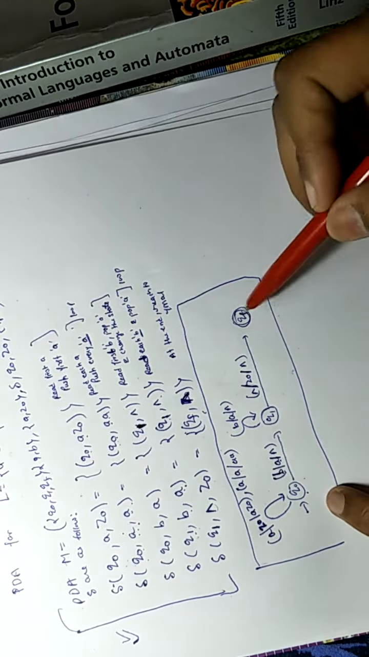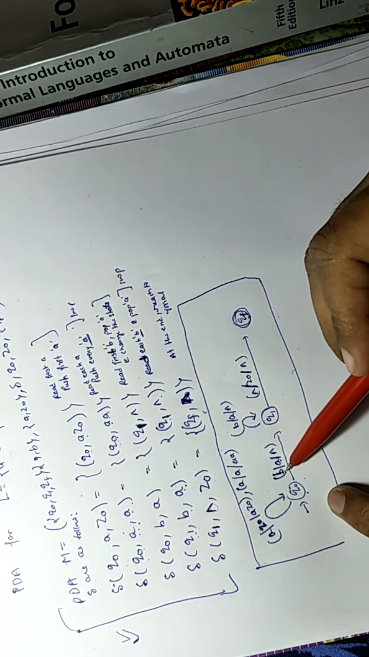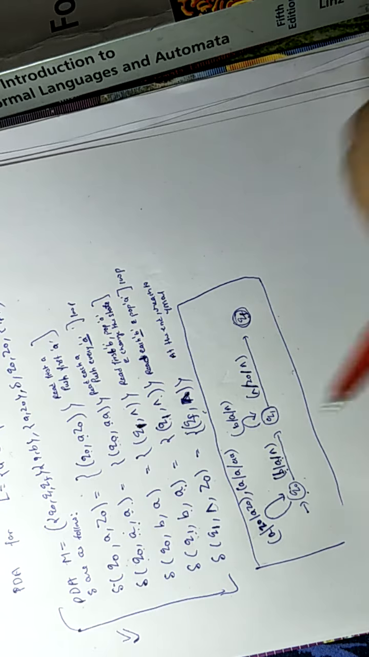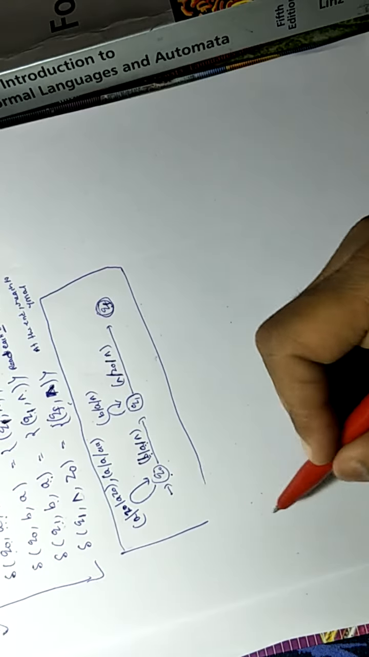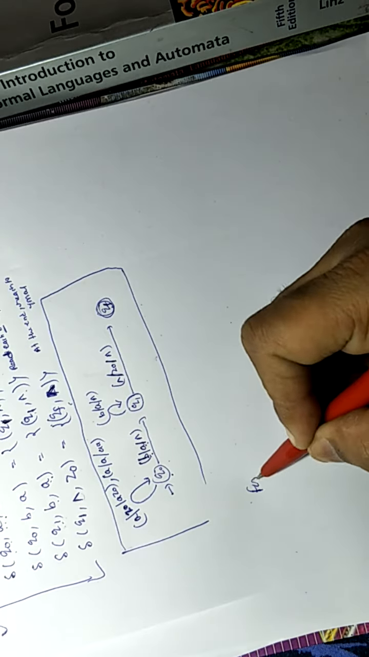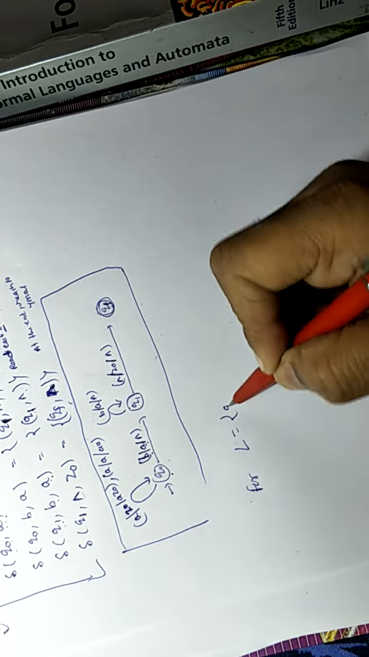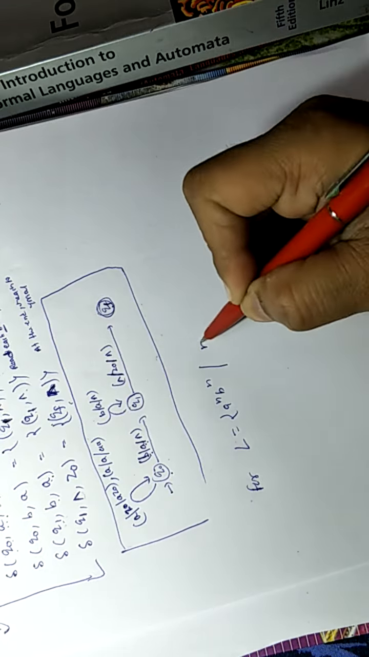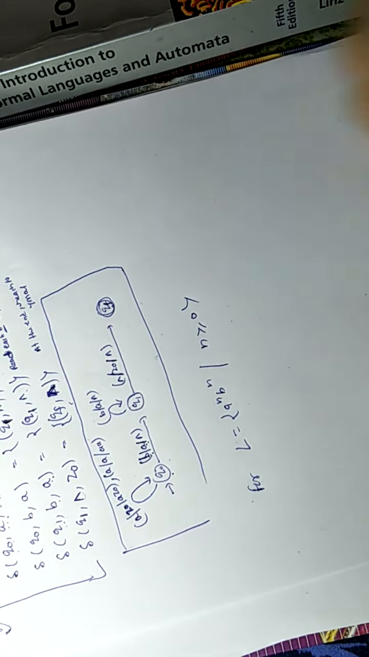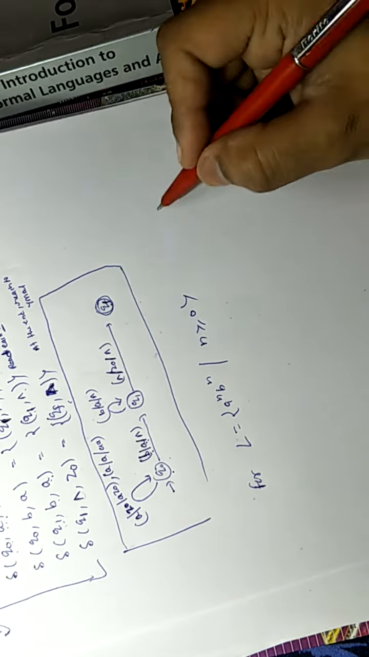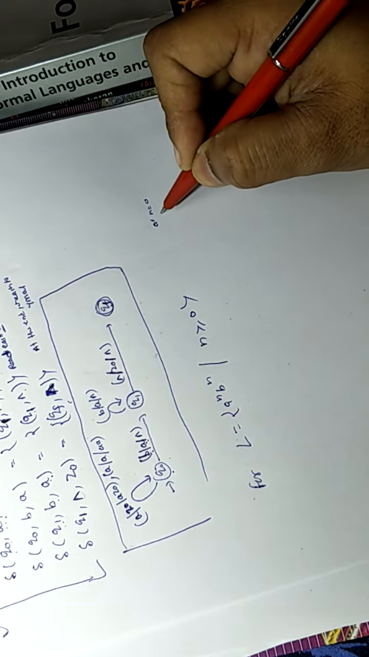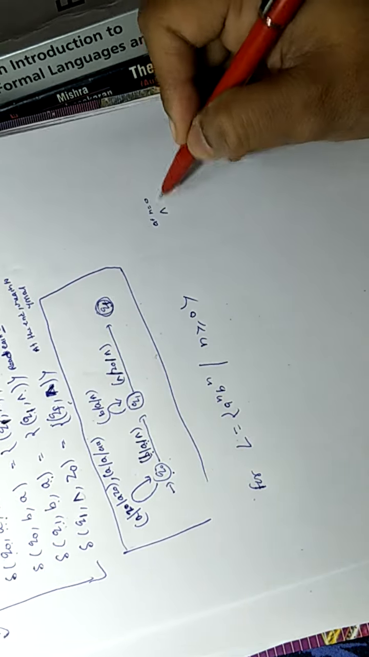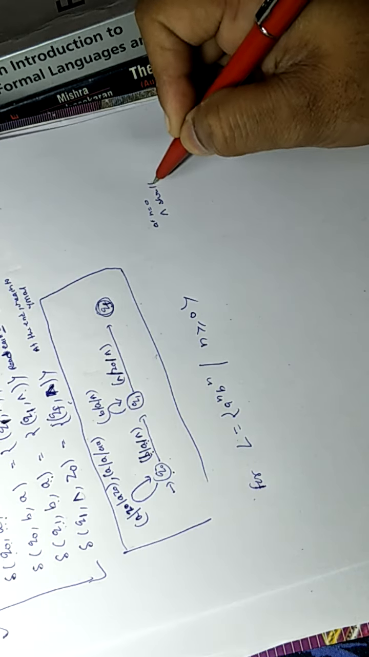So from q0 to qf you will get minimum 1b and 1a at the top, so it is a^n b^n for n greater than or equal to 0. What you need to do for L = a^n b^n, n greater than or equal to 0, is this: it means that at n equal to 0, epsilon must be accepted. At n equal to 0, epsilon, say null, should reach